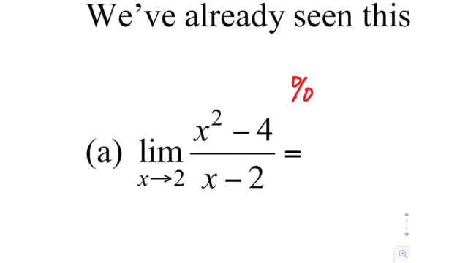Now it's good to get in the habit of writing 0 over 0 kind of up here above the equal sign. It shows me that you've actually tried direct substitution first, and later on when we learn advanced techniques called L'Hopital's rule,